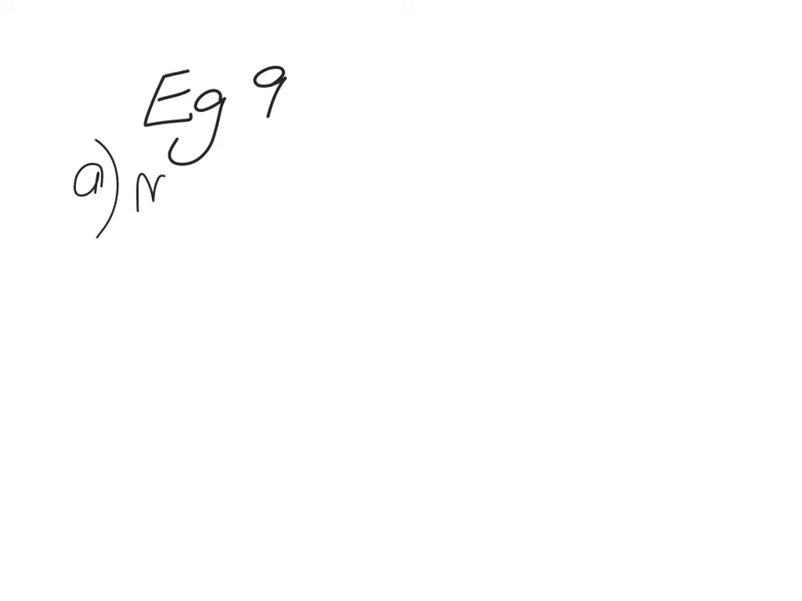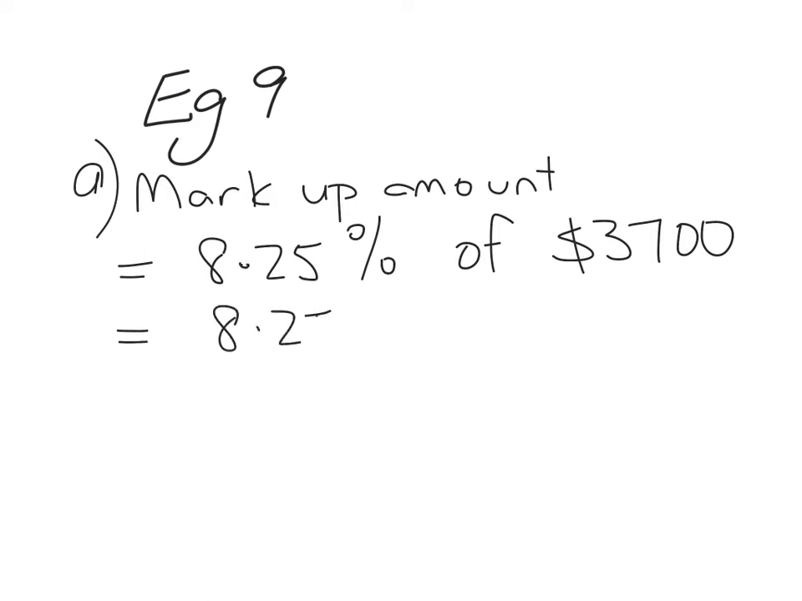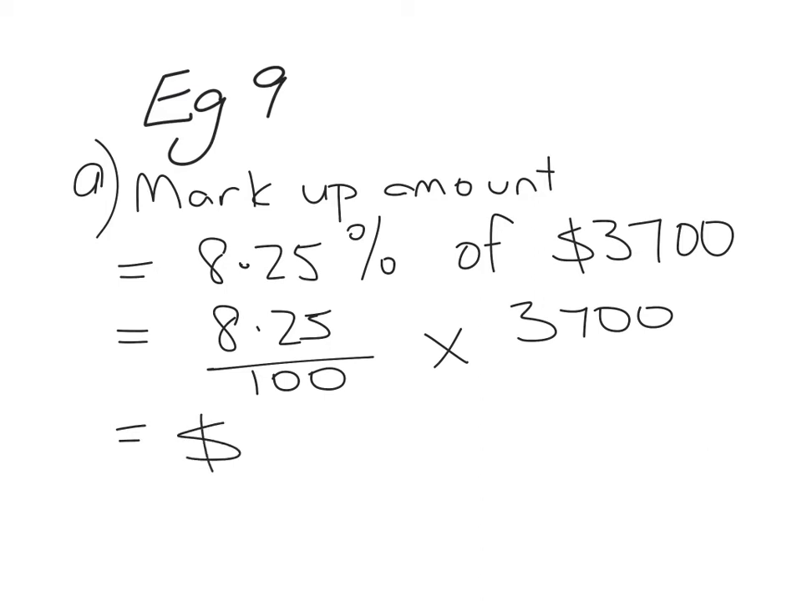So to work out the markup amount, we need to find 8.25% of $3,700, which would be 8.25 over 100, we write as a fraction, multiplied by 3700. You would then put this in your calculator and you will find that you get